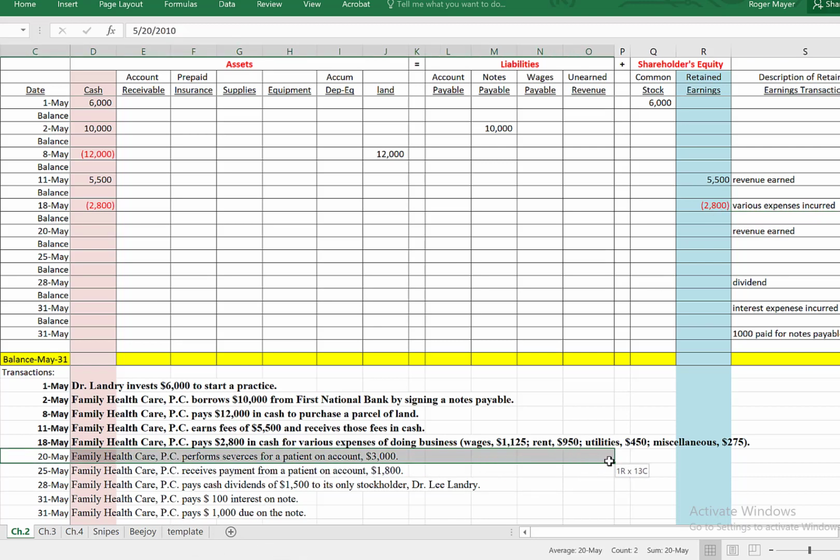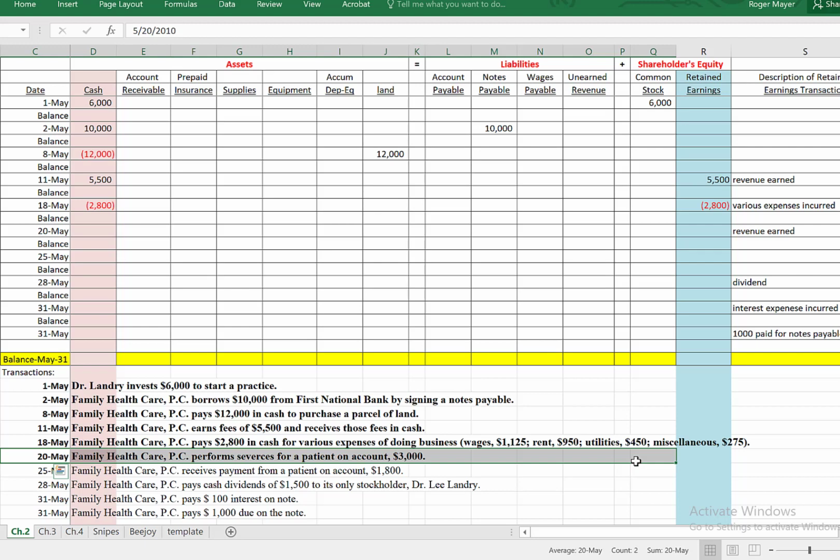The next transaction is an example of accrual-based accounting. And this differs a little bit from what you see in the presentation. However, this is an example of exactly what's taking place in the assignment that is due this week. What happens is we have revenue, however, the revenue is on account. In accrual-based accounting, we record revenue when it is earned. We're not concerned with if we receive the cash when it's earned, but once the revenue is earned, we record